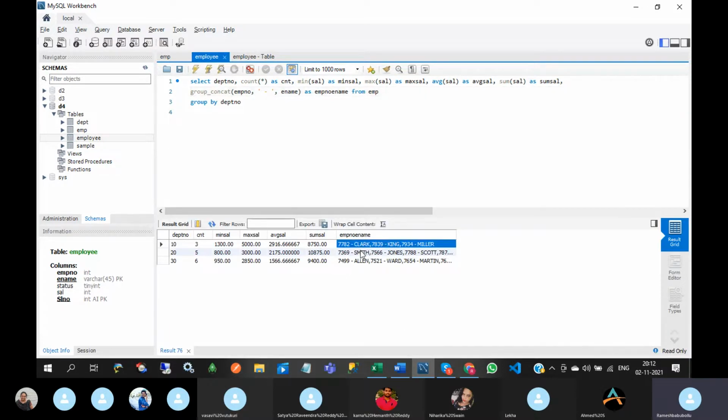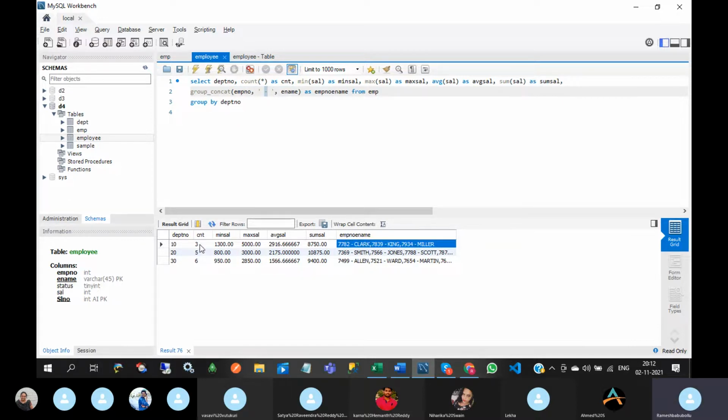So here, what are the employee numbers and employee names available for department number 10? I am going to return like this. So group concat will group all the employee numbers and names whatever we have mentioned, and I am going to separate them with a hyphen.